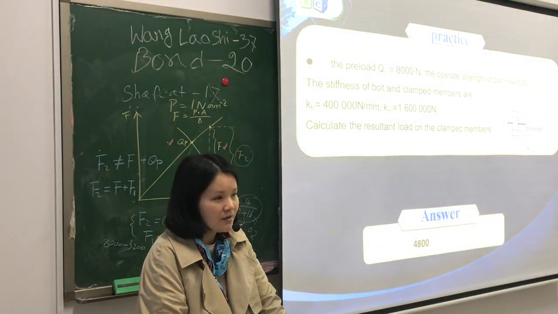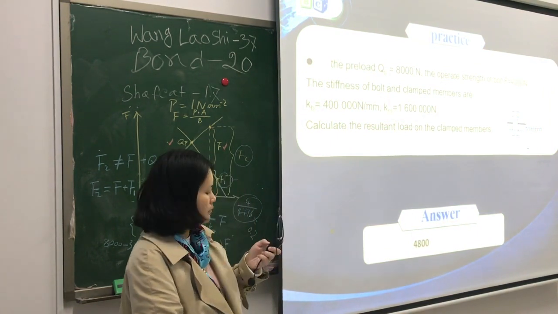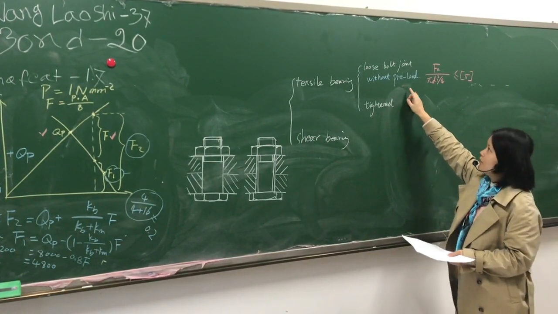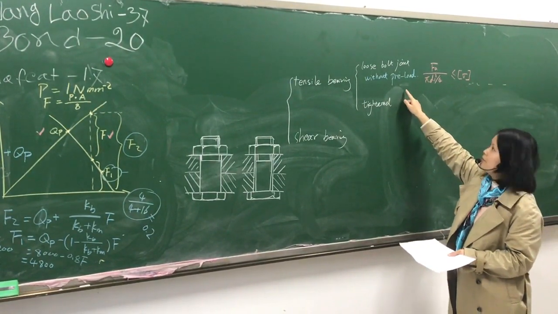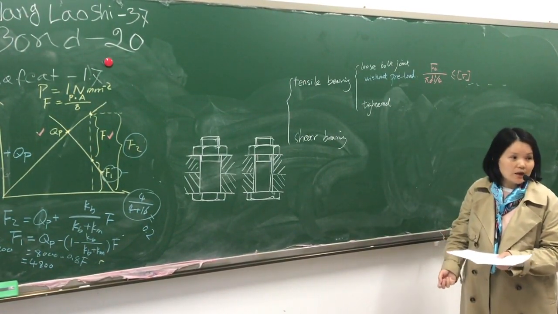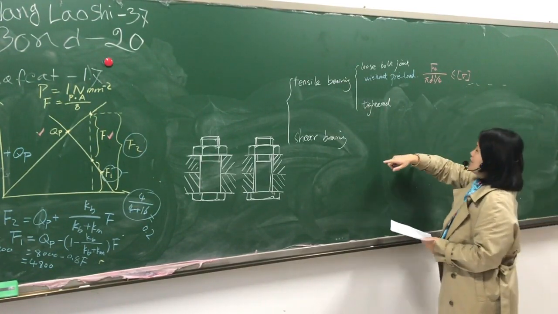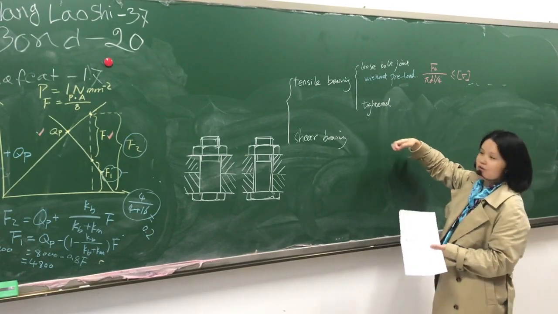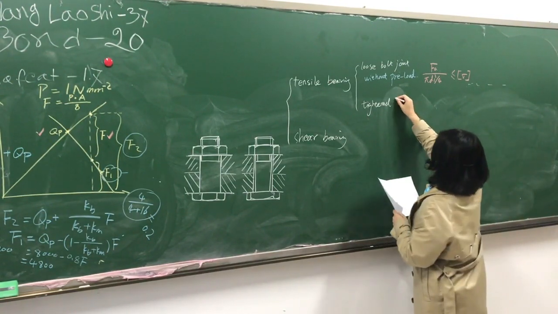Low preload and low friction between the bolt and the members. And the FA is tensile stress. And for a tightened bolt joint, we have the condition of